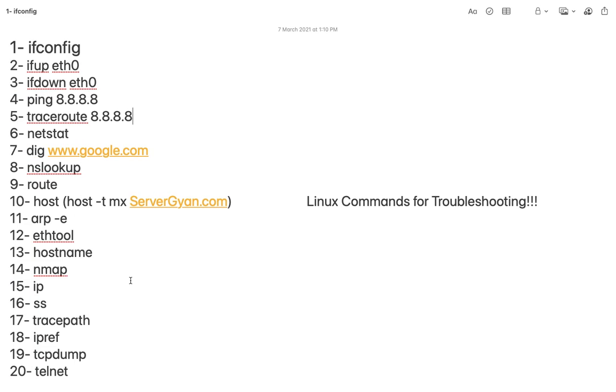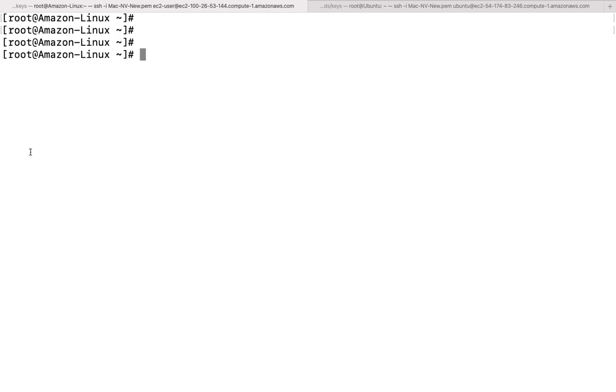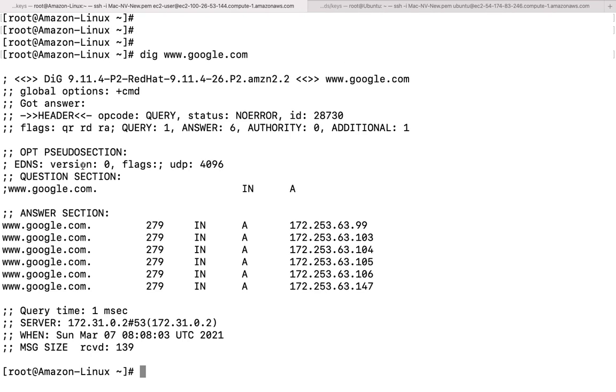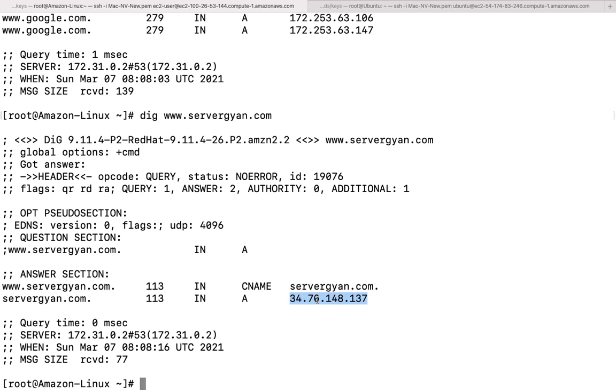So majorly this command is used to check your main components, like what particular port numbers are open on this operating system. Moreover, we have the dig command. We are going to use the dig command to check the particular details of Google, right? Moreover, if we do not want to define Google here, we can fetch the details of any other domain as well, like servergyan.com. This is the IP address, this is the particular answer. This is the CNAME, right? So this sort of information we can fetch from here.